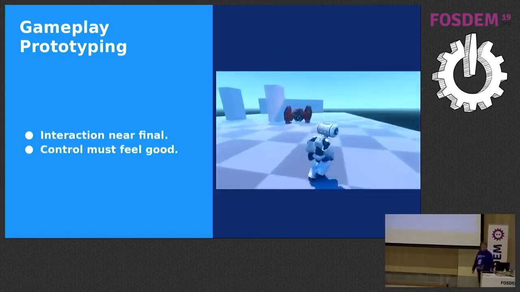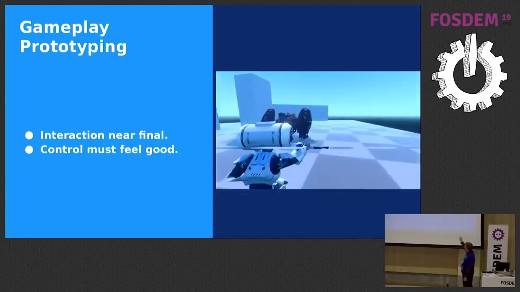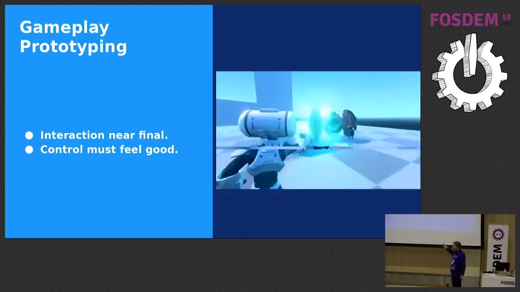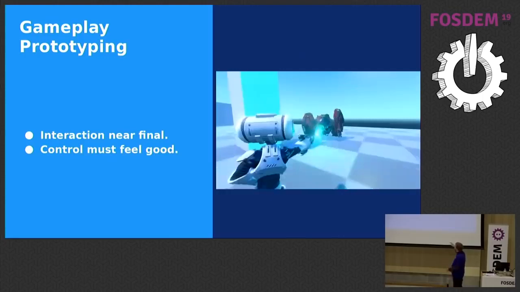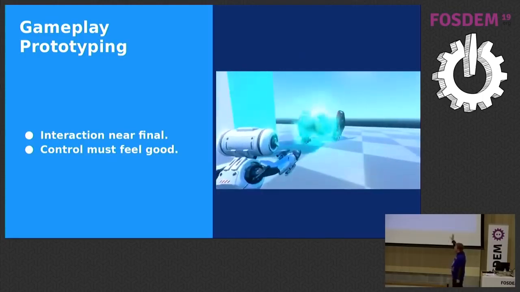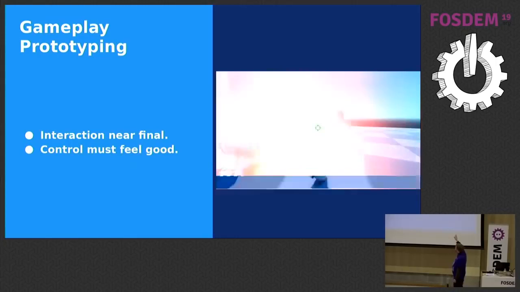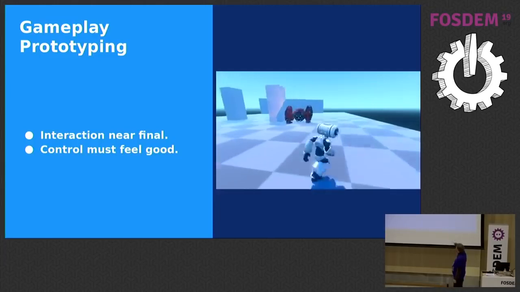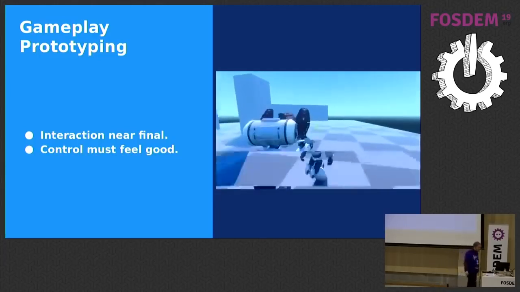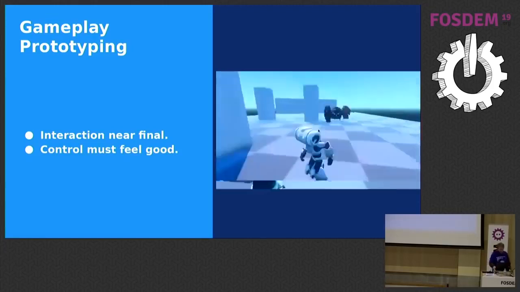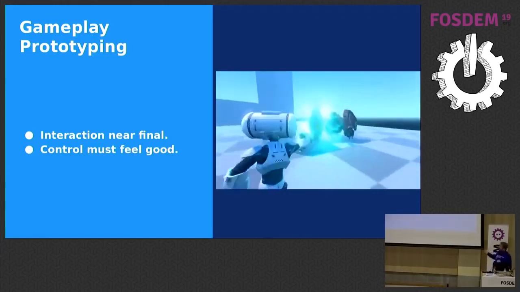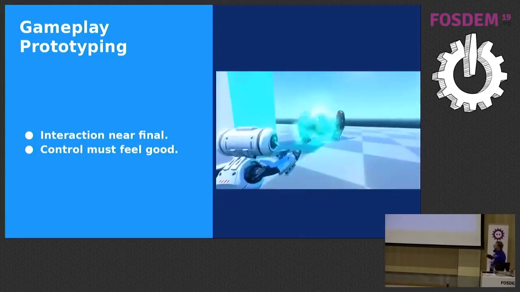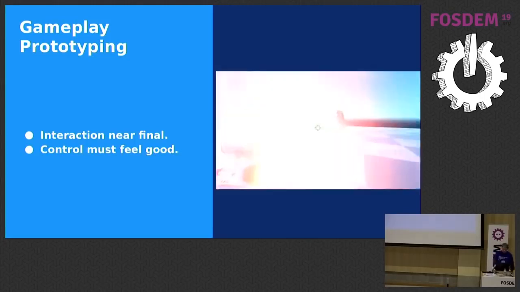So later we tried to do gameplay prototyping. We didn't have a level. For some reason the video is not looking very good, sorry. We didn't really have a level yet. It wasn't modeled, so we started doing prototyping in this very black and white scene. Usually when you do prototyping in video games, you try to use these squares, which I think are 2 meters by 2 meters, so you have a better idea of distances. This is just practices which are typical in the game industry. Interaction and control must feel final from a prototype. You rarely try to make something that you will improve later. If it doesn't look final in the prototype, you're doing it wrong.